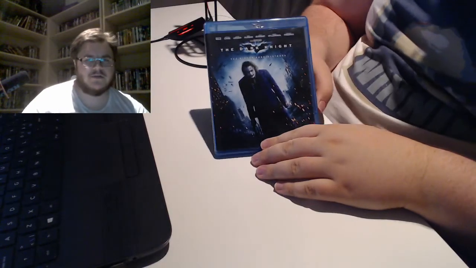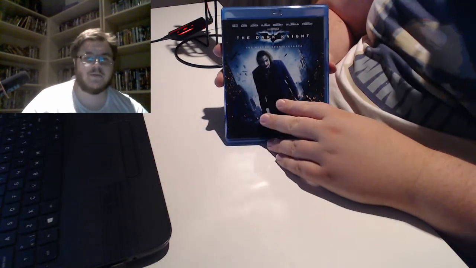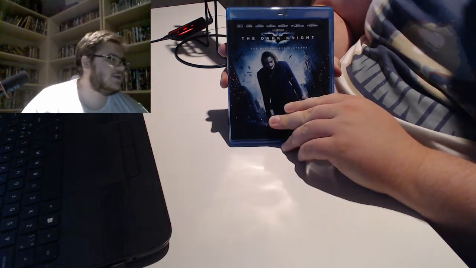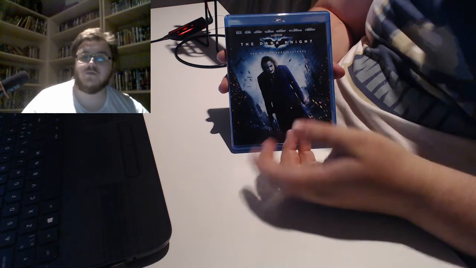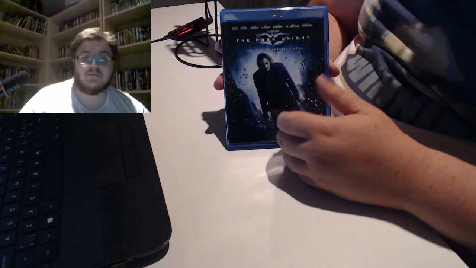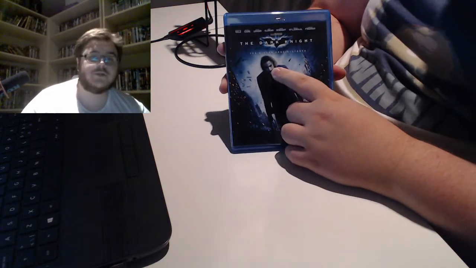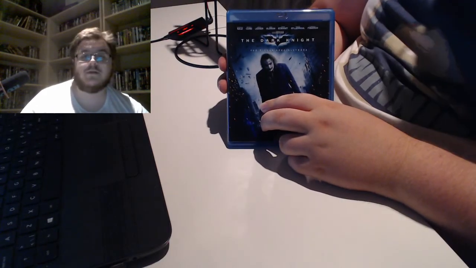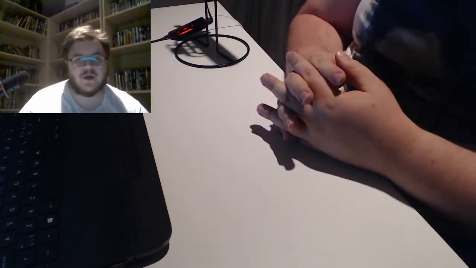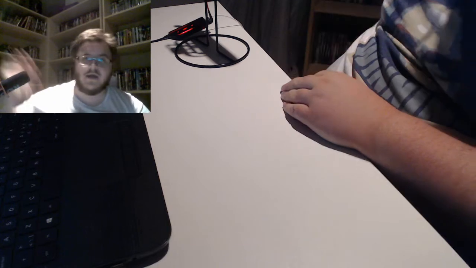The Dark Knight. What else can I say? Greatest comic book movie ever made. It's the best superhero movie ever made. It's the best Batman movie ever made. One of the greatest on-screen performances of all time. It is just one of the best movies ever made. Definitely in my top 10. Now I do have The Dark Knight Rises, but it's over in my collector's cabinet. I actually have a kind of big box. It doesn't really fit in my shelves.